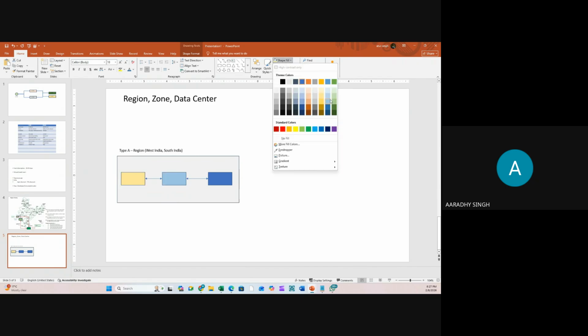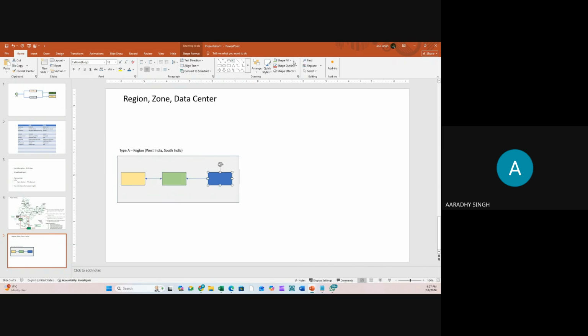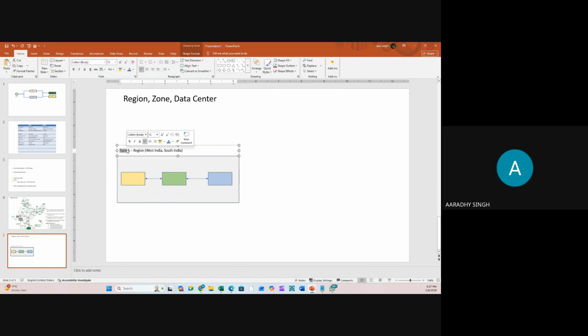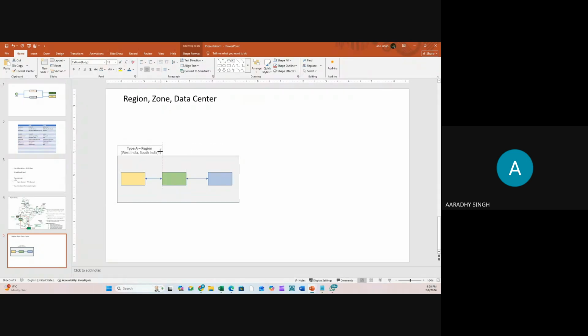DC1, DC2, and DC3. So this is one type of region.